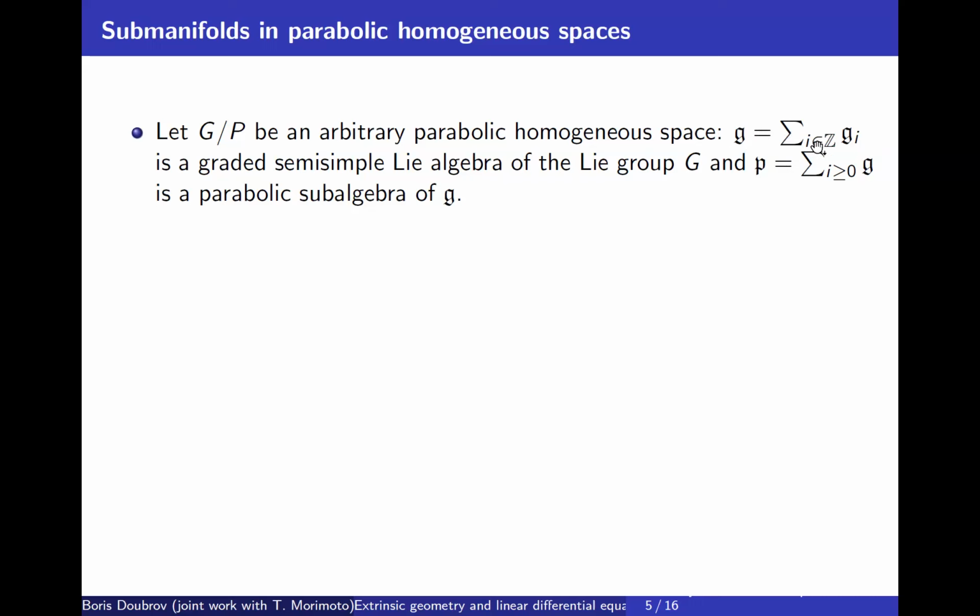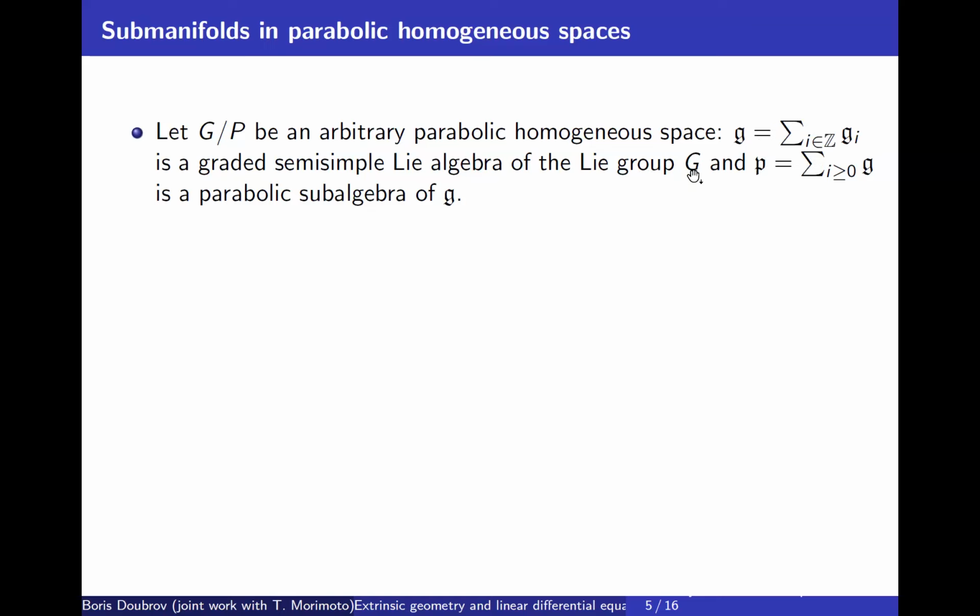So it's a grading by Z, but of course, as all our Lie algebras will be finite dimensional, the grading will be symmetric in negative and positive directions and only finite in each of the directions. And you can imagine such a grading of SL given by the distance from the diagonal, for example, where you count elements above the diagonal with positive degree and below the diagonal